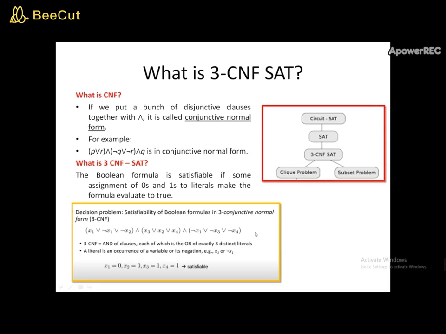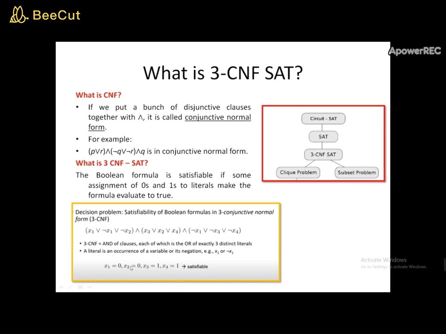You can just cross check. Now starting from 0 0 0 0 to 1 1 1 1, you can try out all possible combinations, which is what 2 to the power of 4 combinations can be tried. So therefore 3CNF is an NP complete problem because the complexity is of the order of 2 to the power of n,